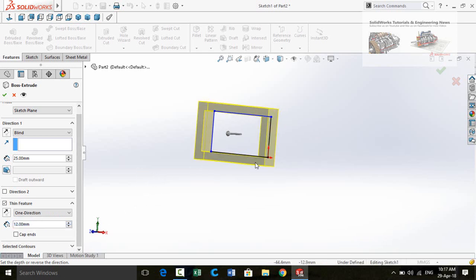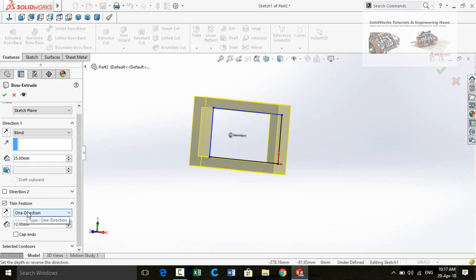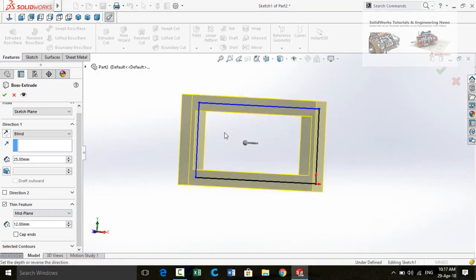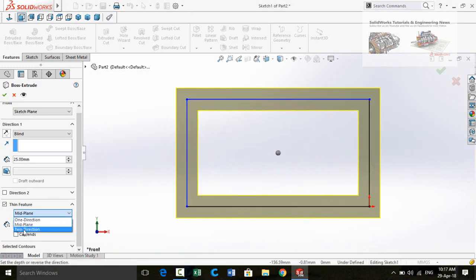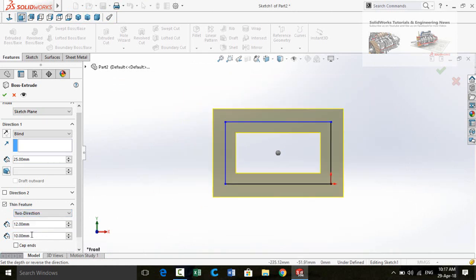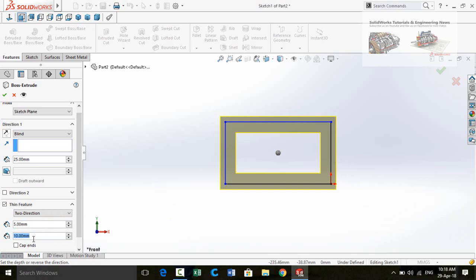Now it is 12 millimeter, and this is direction 1, mid plane, and here is the direction 2. So on one side it is 12 millimeter, you can add 5, and on the other side you can add 8.